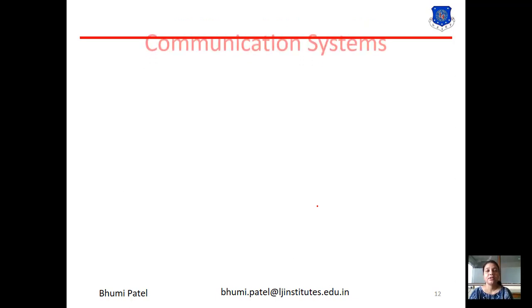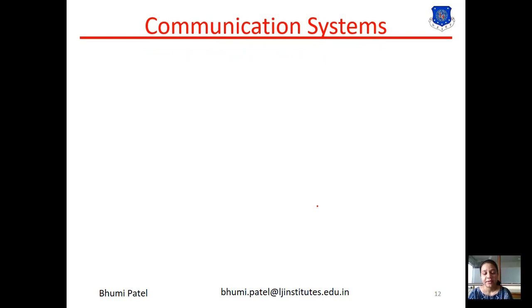Now the next one is the communication system. There should be good communication between the control room operator and the field operator because of the increased operator responsibility in the control room. If there is no good communication between the field and the control room operator, there is some problem in the instrument. So the first topic of communication is good communication between the control room and the field operator.